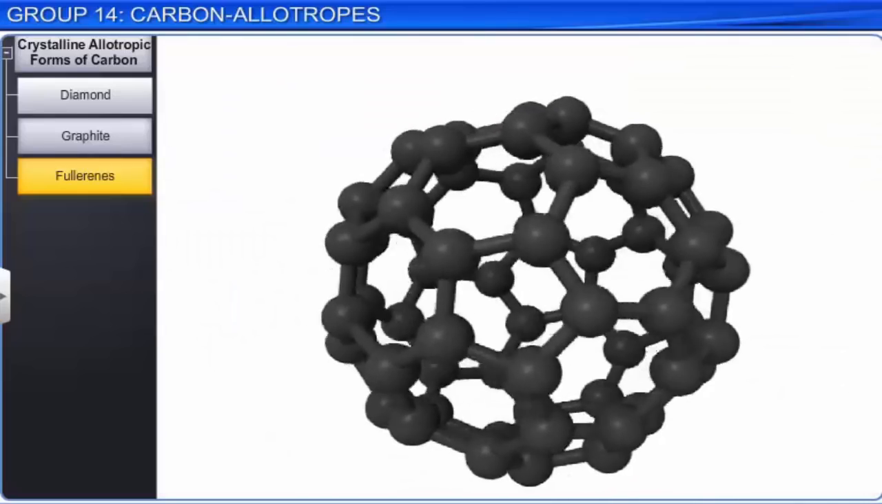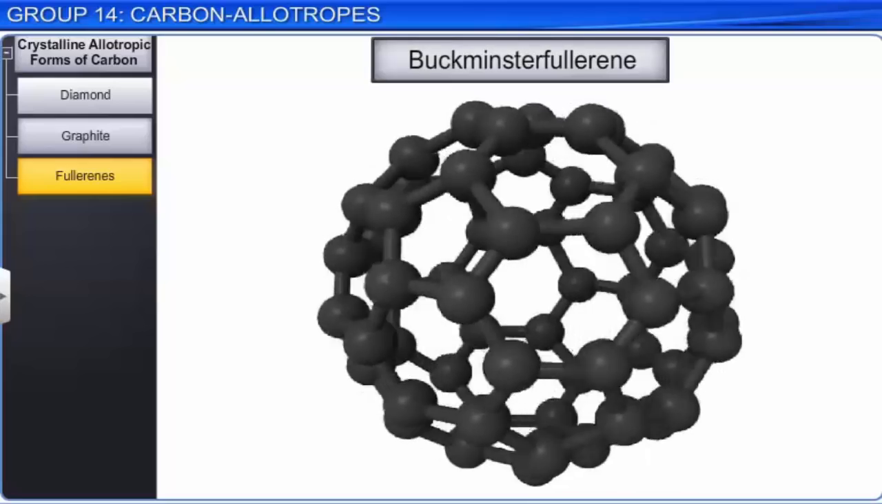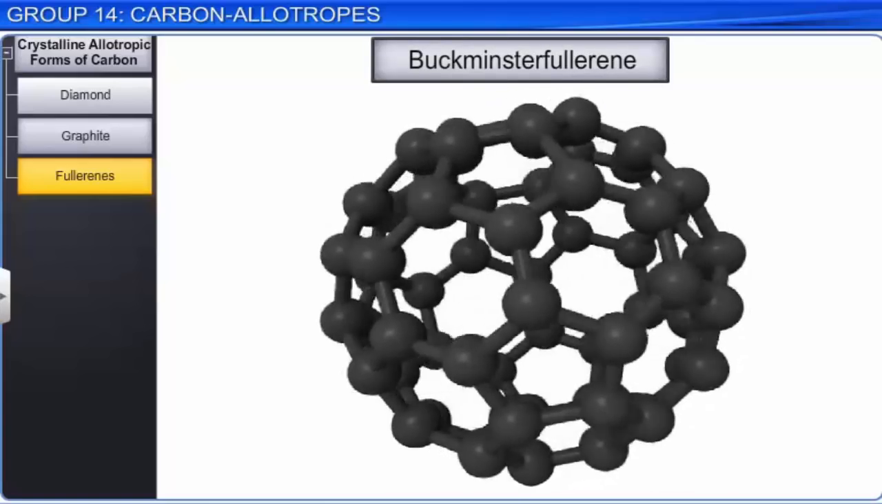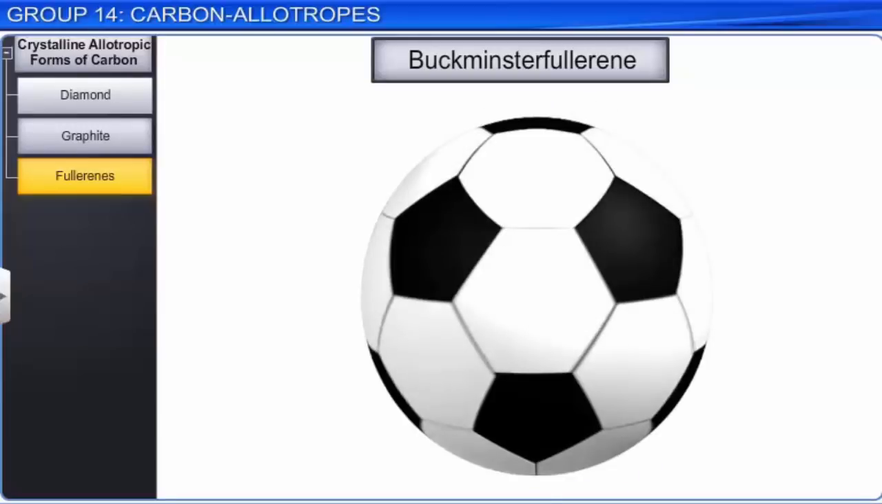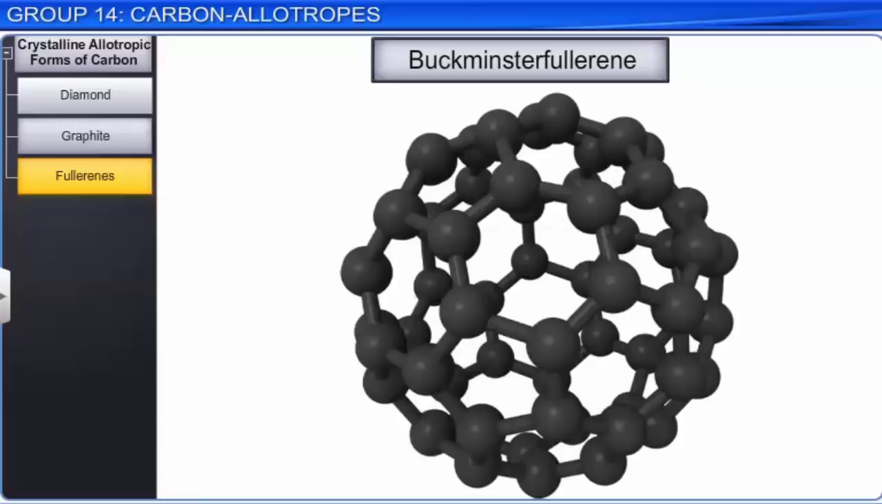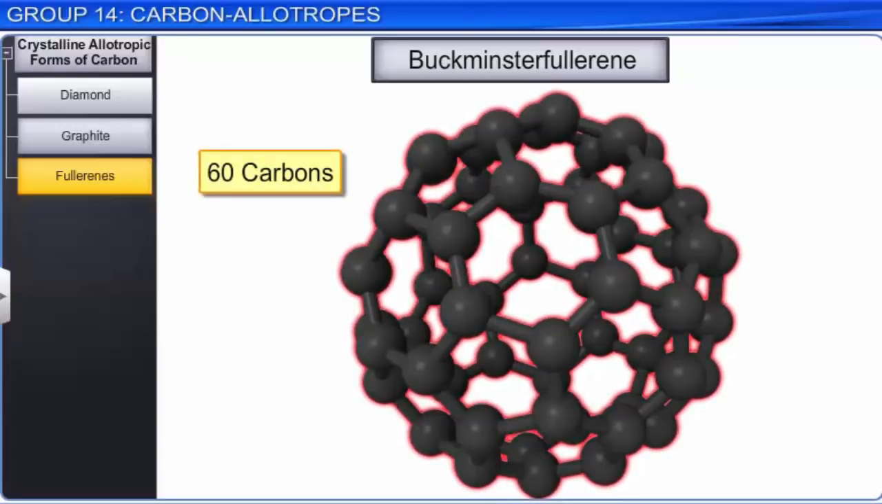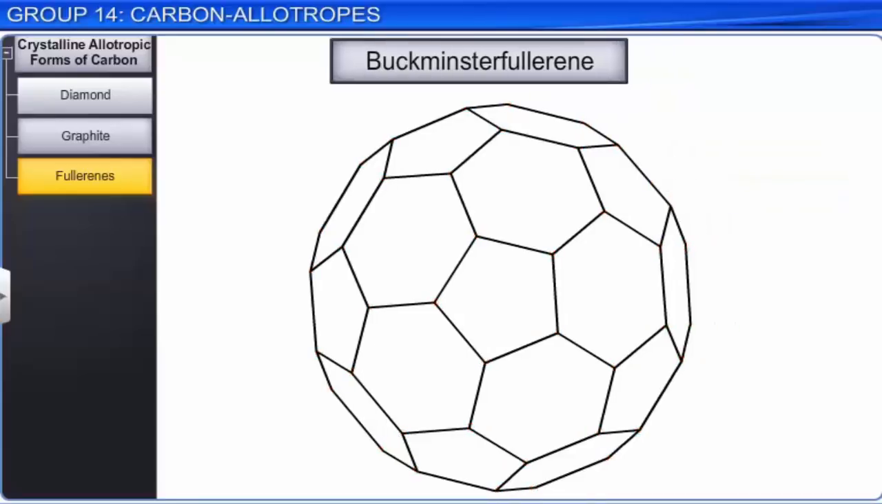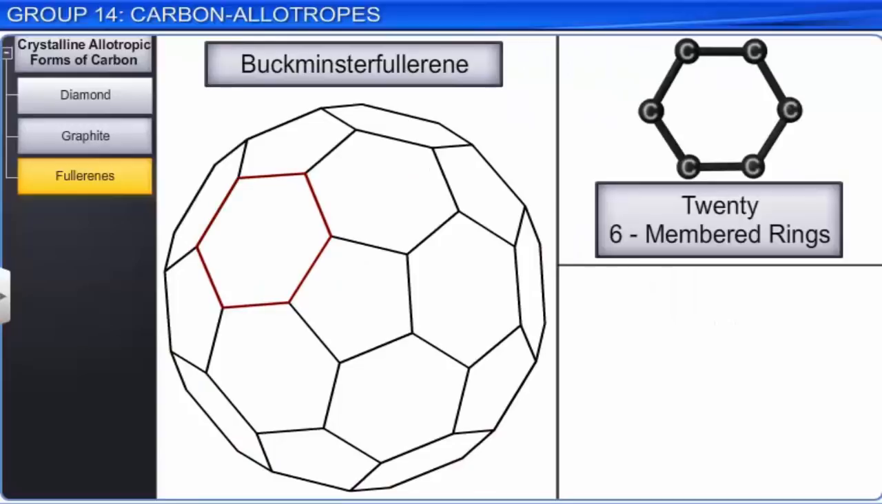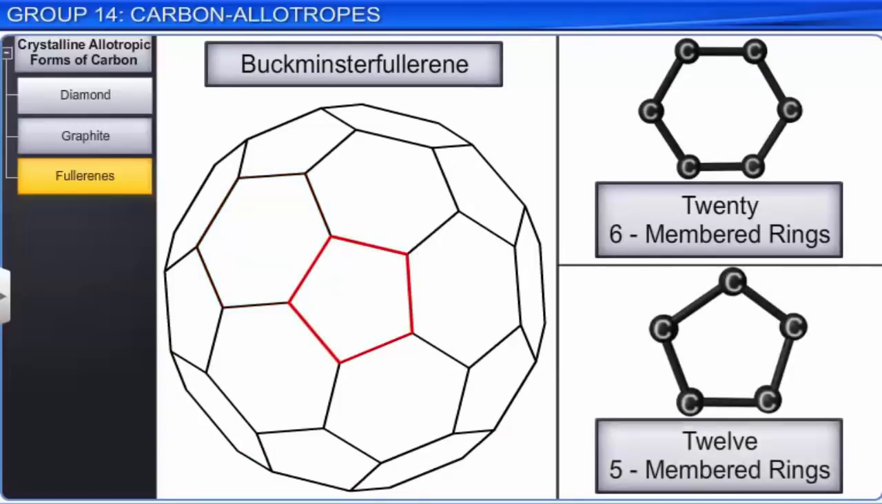Fullerenes are cage-like molecules. C60, or Buckminster fullerene, named after the American architect famous for his geodesic dome structures, looks like a soccer ball. It is sometimes referred to as a buckyball. Buckminster fullerene contains 60 carbon atoms arranged as a hollow sphere. This ball-shaped molecule has 60 vertices, each occupied by a carbon. It contains 20 6-membered rings